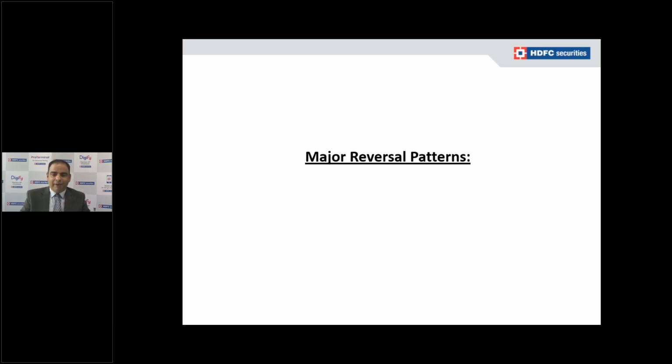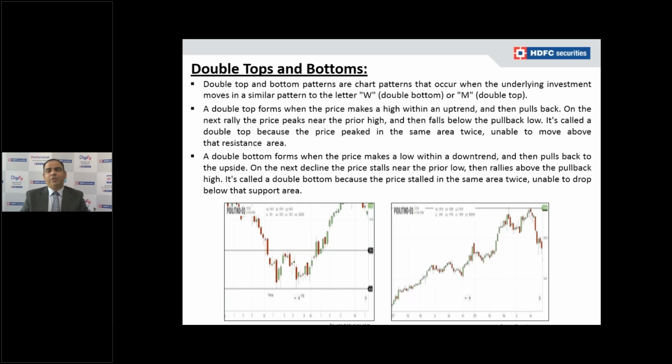Now we will see the reversal patterns. Reversal means, as I told you, the trend is established. At the higher level, distribution happens and the established uptrend reverses. In the same way, in a downtrend, the consolidation and accumulation happen, and finally the trend changes and the market moves up. That is the reversal of the downtrend, and similarly the reversal of the uptrend.